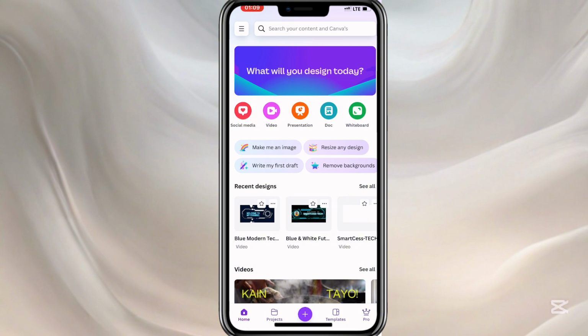So the first step is for you to head over to Canva and log in, or sign up for a free account. Canva is a user-friendly tool that offers tons of templates and customization options for all skill levels. So please, if you haven't signed up, do so. I've already signed up to Canva. Once you launch Canva and sign up or log in,